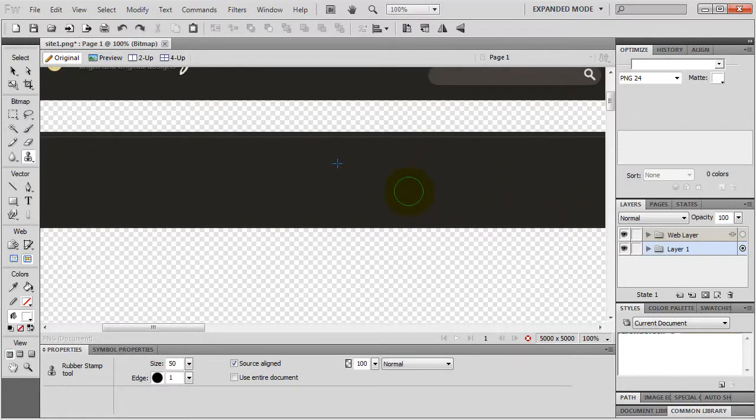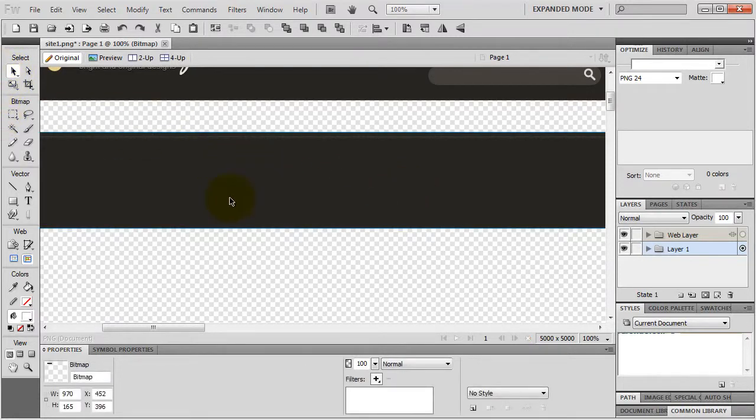Okay, it's all gone. I grab my pointer tool, select my image, and down here at the properties panel, I can see the actual size of my image. It's 970 pixels wide and 165 pixels high, pretty cool because the ideal header image is somewhere between 800 and 1000 pixels wide, but I'm going to resize it just a bit. I want to constrain proportions, so I turn this on, and now I change the size